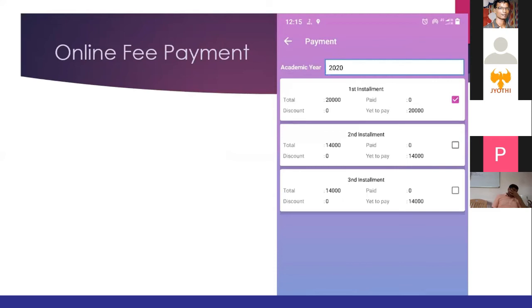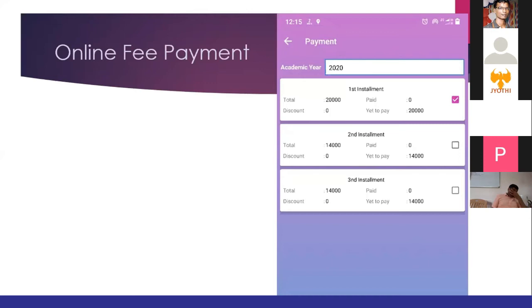If the parent has not paid, on the right side there is a tick box to choose which installment they want to pay, or both the first and second. They can select both installments or a single installment, and below there is a pay now icon.